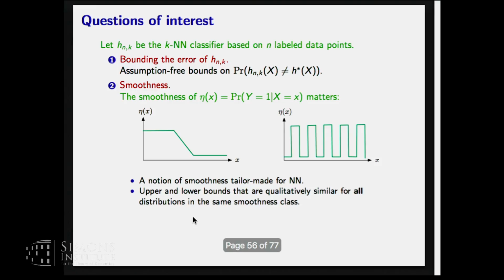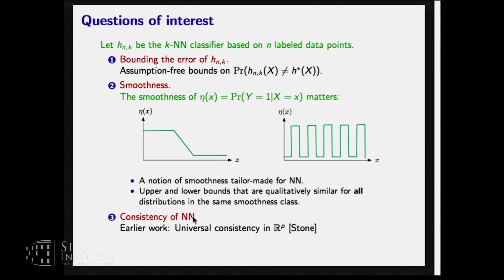And if you use that, you get upper and lower bounds that are qualitatively similar for every distribution in the smoothness class. It's not this sort of minimax thing where the upper bound holds for everything and the lower bound only holds for one item in the class. So they actually match for every distribution in the class. And then finally, I'll talk about